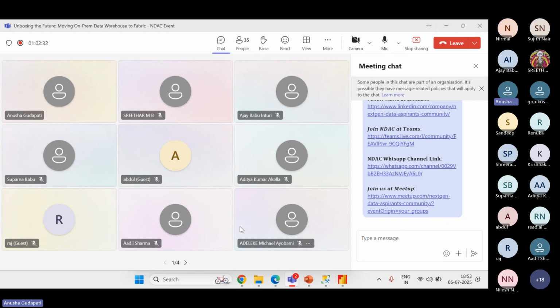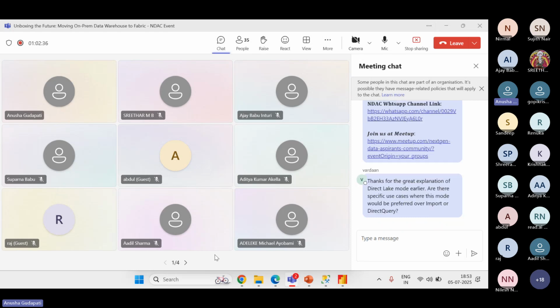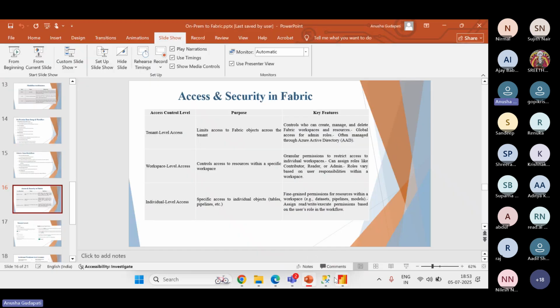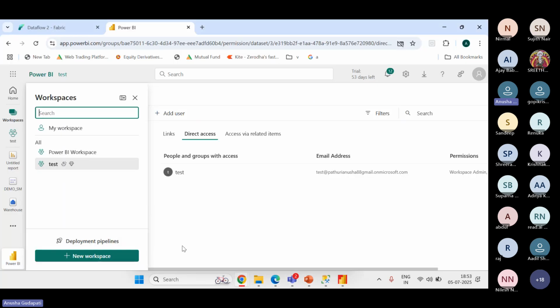So now that you guys have an understanding of what kind of accesses are present, how do you choose what accesses are supposed to be there? How do you basically choose where my warehouse should be? Where should my lakehouse be? Should everything be in one particular workspace? Or should I create different workspaces based on the different